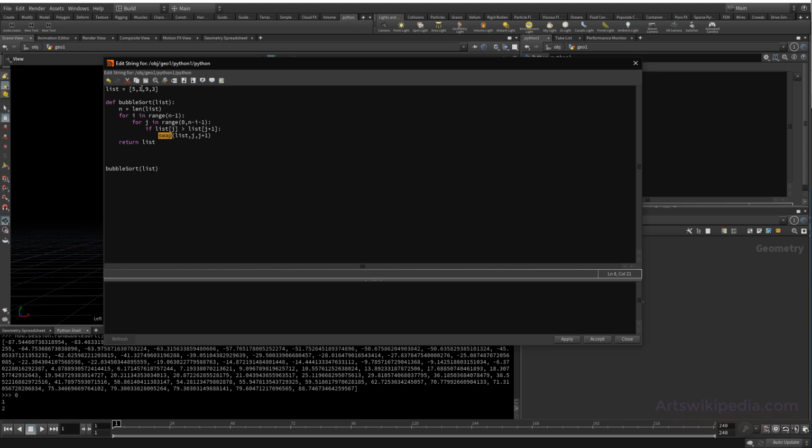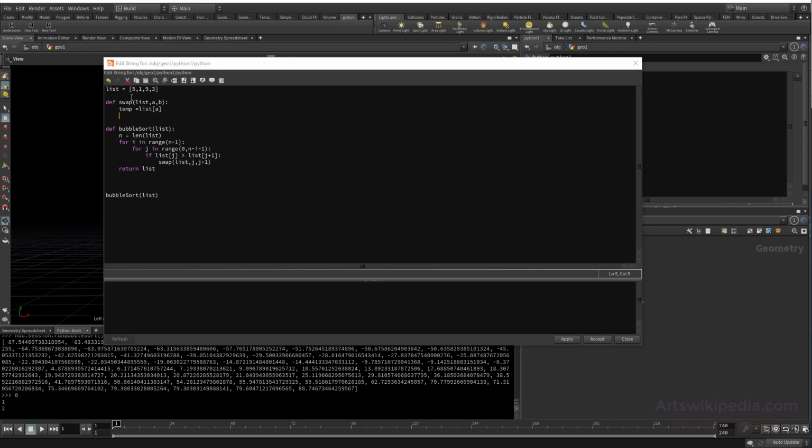This swap will keep doing what I showed, swapping between items, and the result will be everything is sorted. So let me write the swap function. Swap, it will take a list and a and b. Okay, now to do that we need first to store the value of a. Let's, for example, temp equals list a. Okay, now list a equals list b, then list b